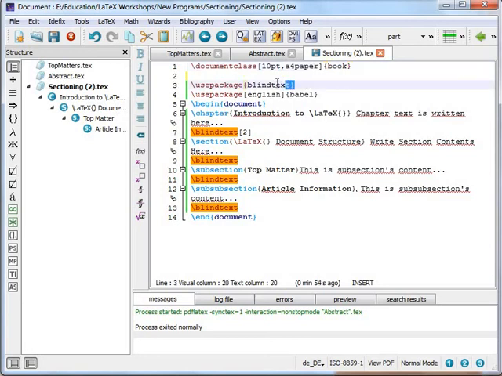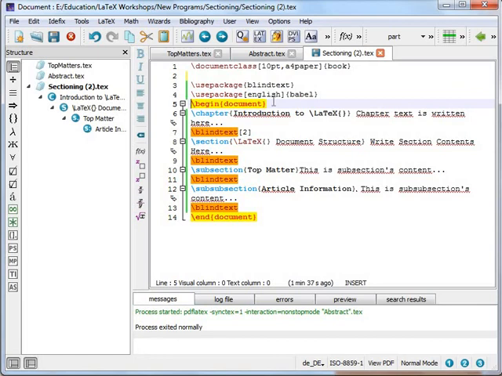I have made use of the blindtext package by using the \usepackage command. I am importing this blindtext package. Again I am using another package with \usepackage. The language mentioned over here is English, with the Babel package. These two packages are used to create random text in the file. The \blindtext command within the blindtext package is used to create random text in the file, and the language specifications are used by the Babel package for different languages. There can be multiple languages, but here I have mentioned English, so it will be using the structuring of English language or sentences.